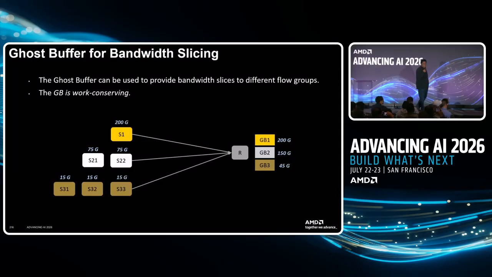You can also use this to slice bandwidth. You can have gold, silver, bronze type priorities. You can slice how you want. So this is one way you can prioritize traffic. You can say KV reads, KV writes, whatever you want, okay? So with this sort of toolkit, let's put it together and see what we can do